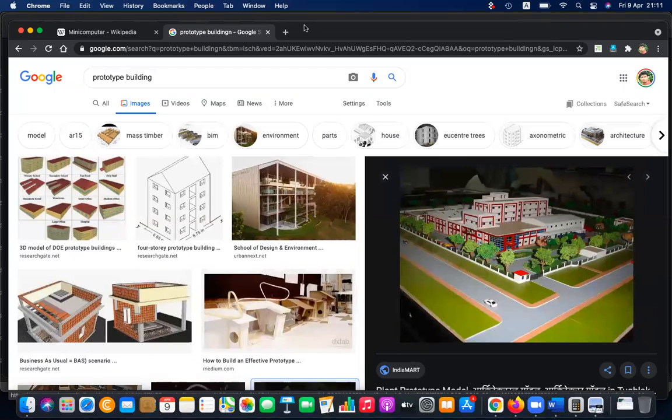Okay, going back to the lesson. Prototype is actually developed basically for getting user acceptance at the early stages and getting the user comments, because then you know what the user needs. If the client's needs are known beforehand, we can easily develop that. So that is the idea of prototyping, and this is